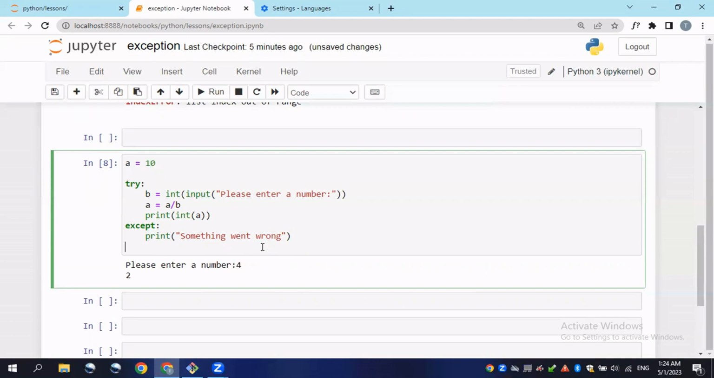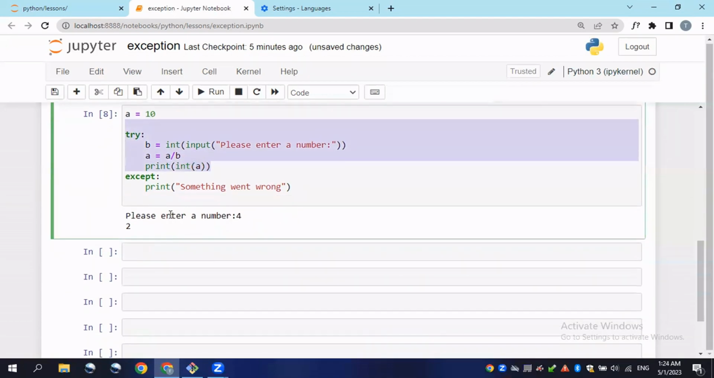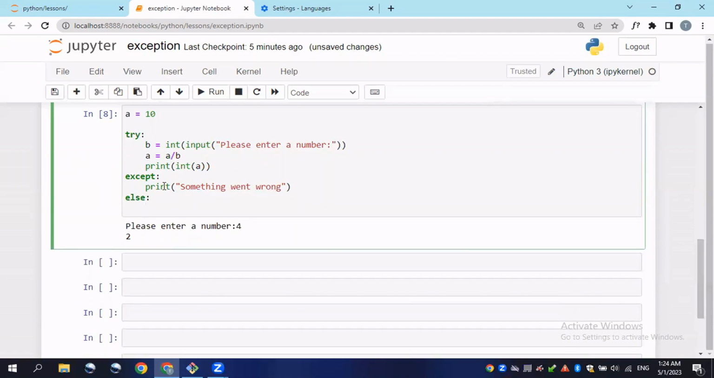Else is a keyword which is defined as a block of code to be executed if no errors were raised inside of our try method here. In any case, the else statement is going to be printed out. What do I mean? If I click else and type in print success